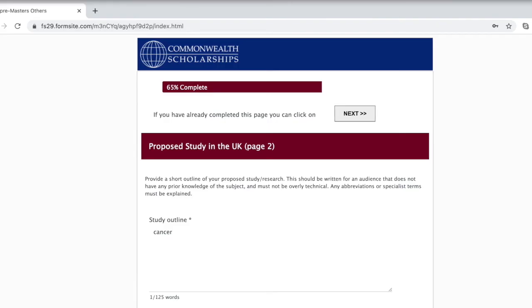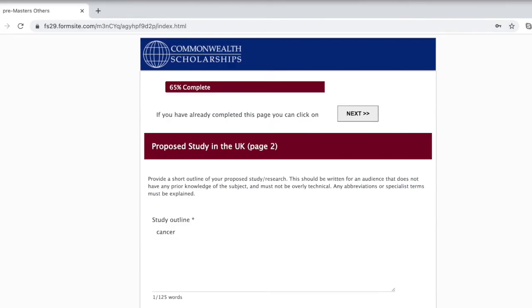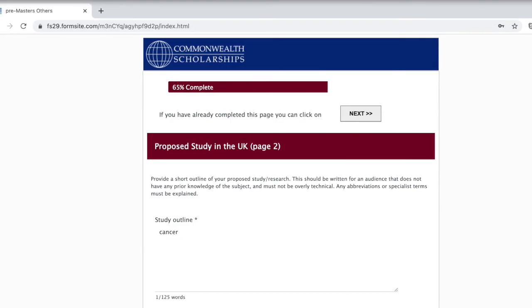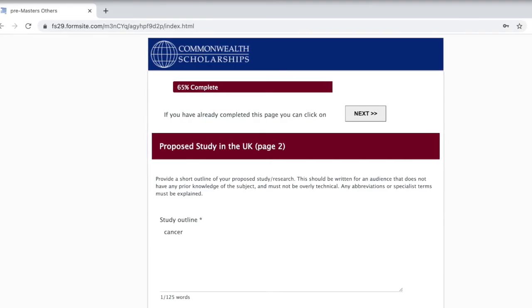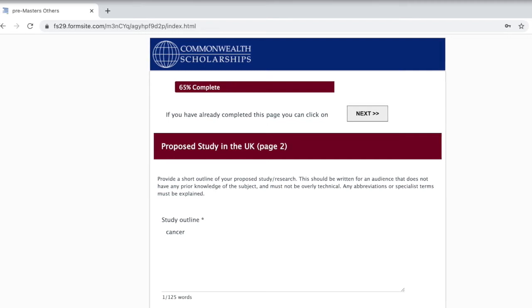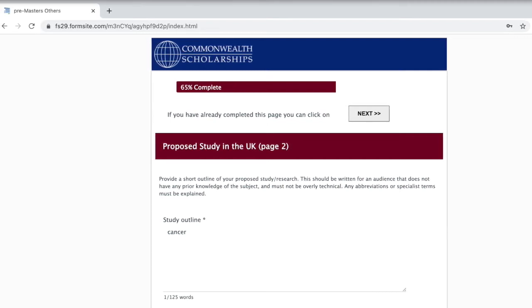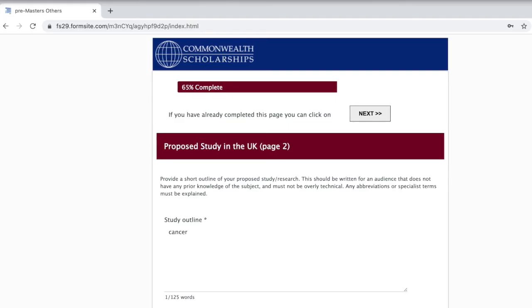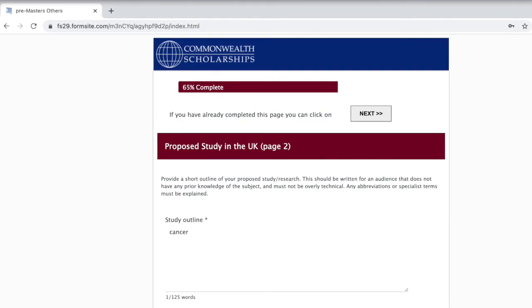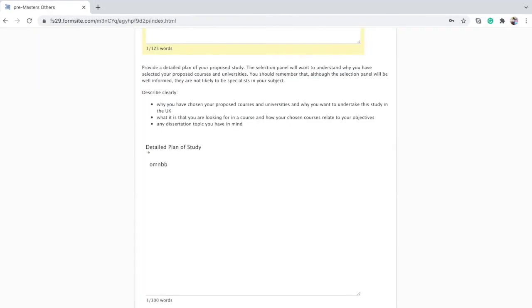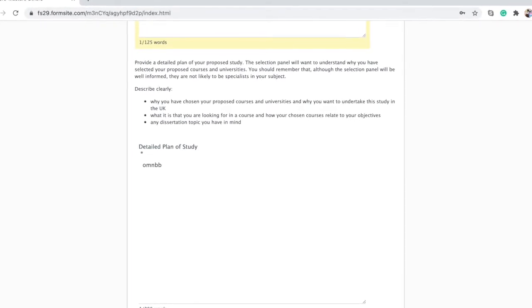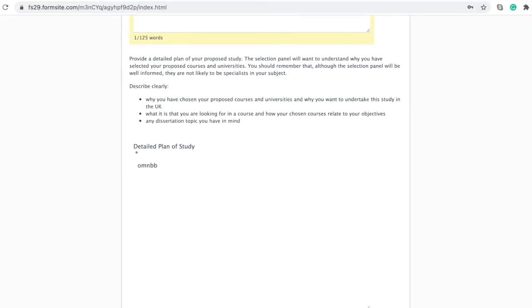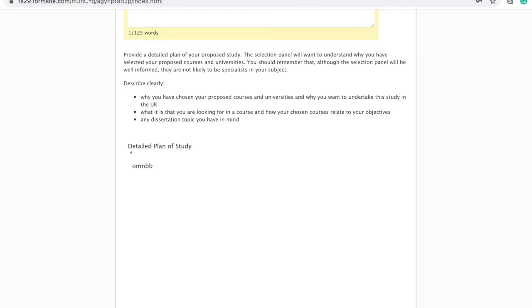If you are a PhD student, I advise you to first discuss your study with your proposed supervisor. You reach out to them and then decide on what you're going to be studying, and then you just write, in about 100 words, a summary introducing the problem. So this is the problem, and we want to do this to contribute to solving the problem. And then this is the description. This is when you're going to expand this. You're going to write everything here.